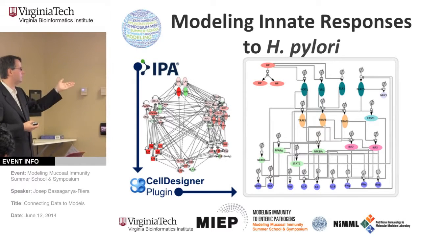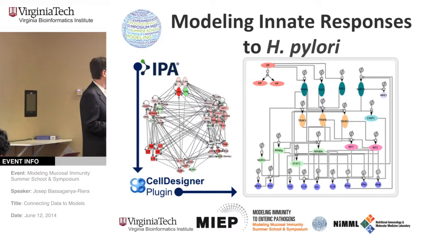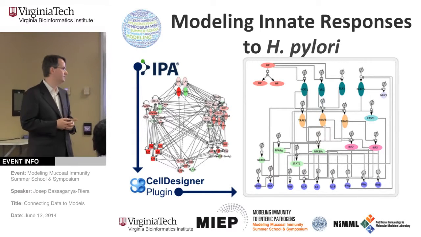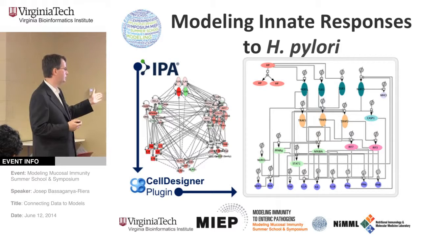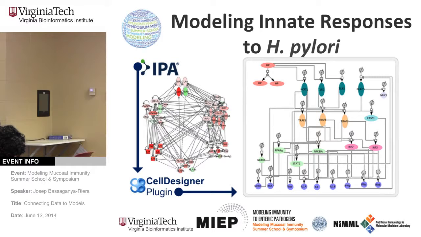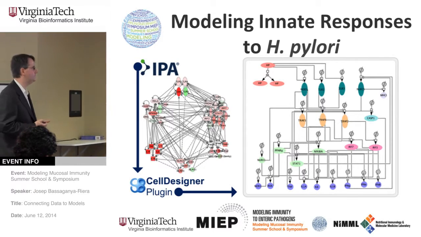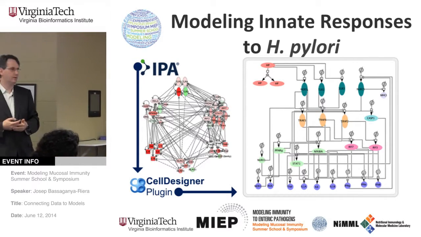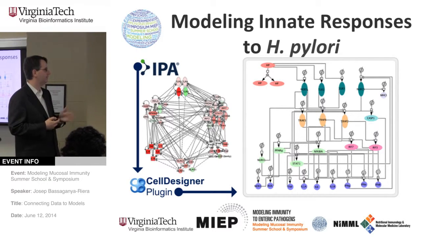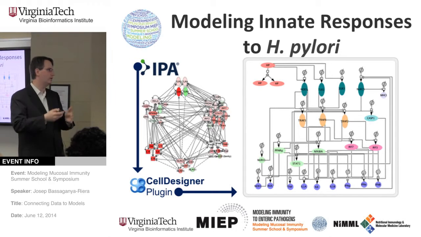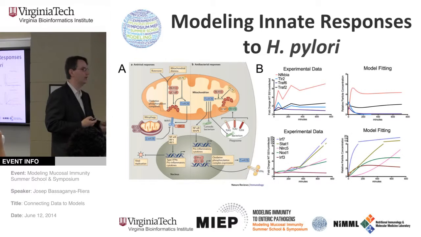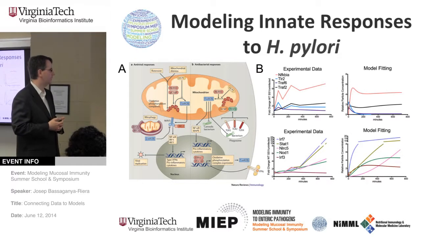So those are the static networks. And so here we have how things interact. We don't have the dynamics that underlie that interaction. So from this static network, we then want to build a computational and mathematical model. And we are using ordinary differential equations and COPASI to build that model, to facilitate going from the static network to the model. We've built a plugin that minimizes the work. Cassie Washington is working on this model.